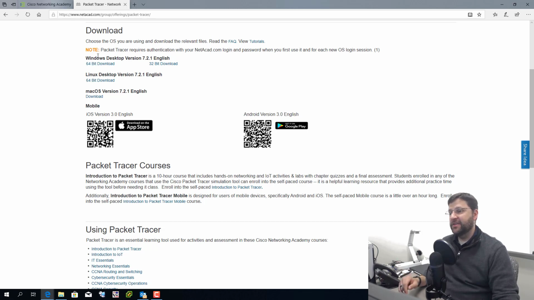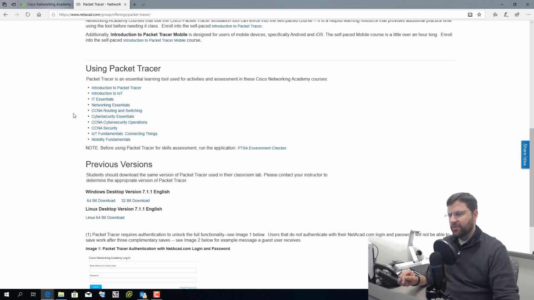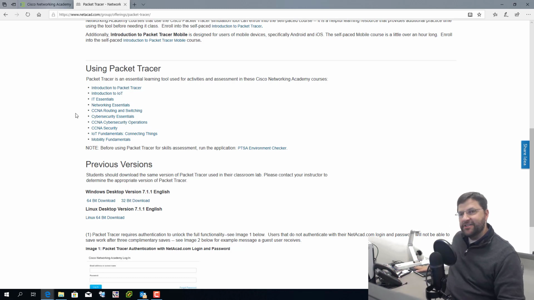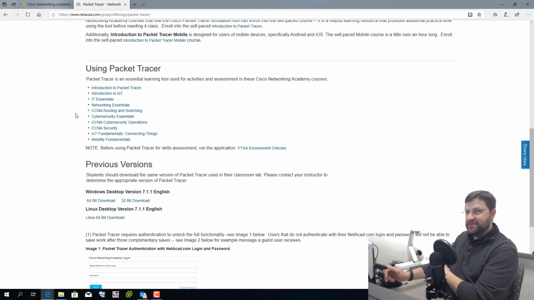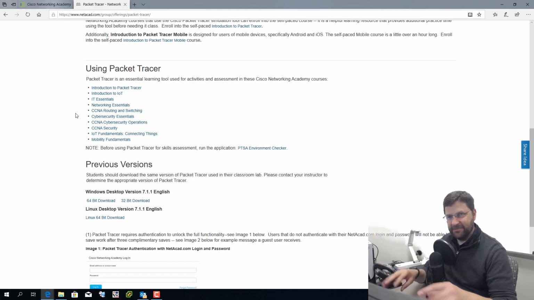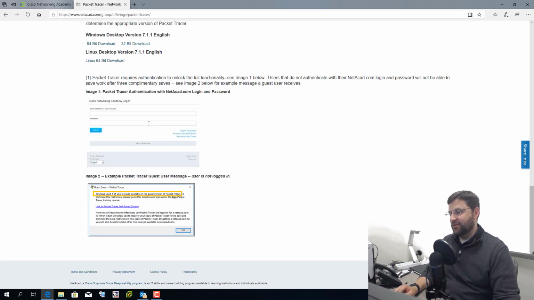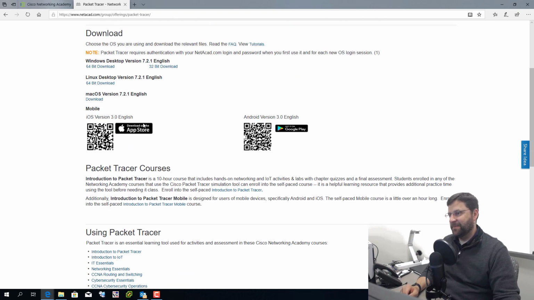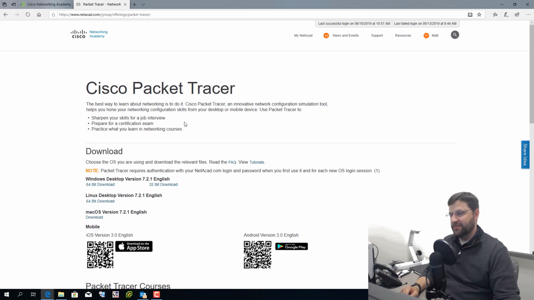They just came out with a Mac OS version, which is kind of a big deal for them. Previously, they just had Windows and Linux. So if you're a Mac user, there you go. That's cool. There is also a mobile version. I kind of wouldn't recommend it. It's just a kind of clunky UI. I have a 12.9-inch iPad Pro that I use it on sometimes, and even with a screen that big, it's just kind of hard to click on the devices and type stuff in. It's just kind of tricky. But hey, if you want to try it, you can do it. There's a Packet Tracer mobile version that you can get from your app store.